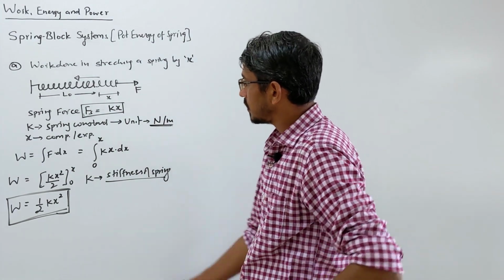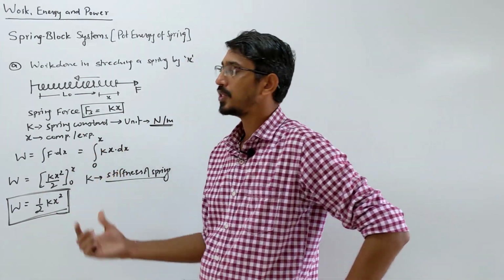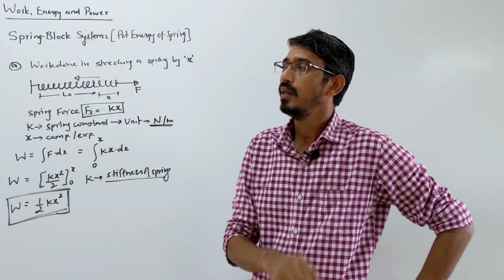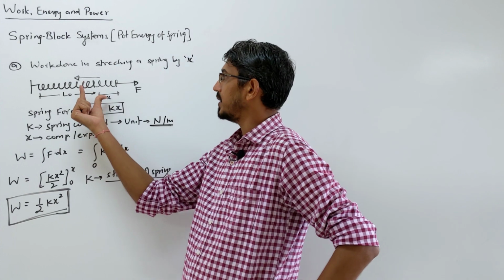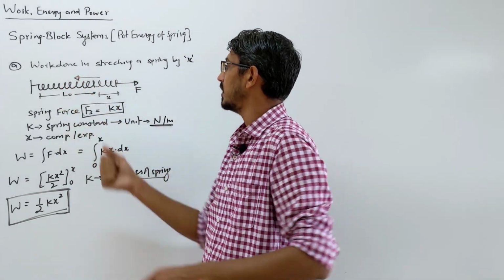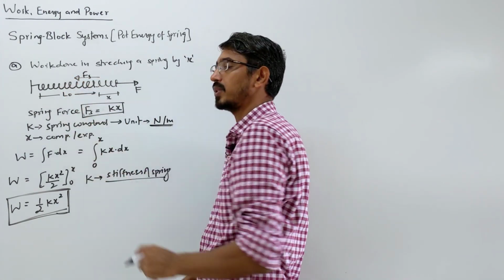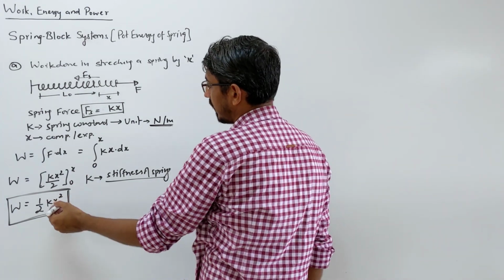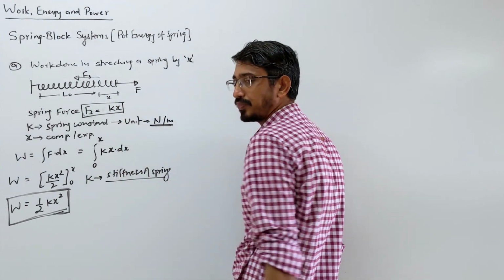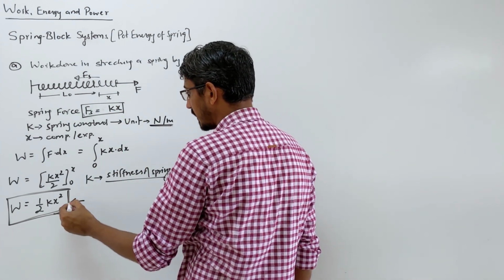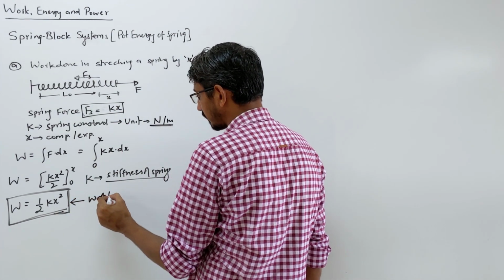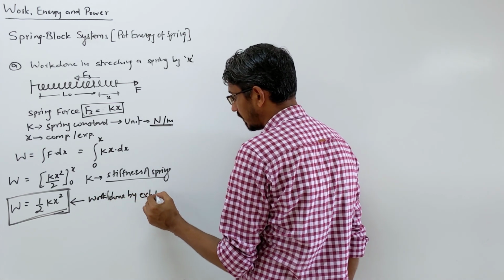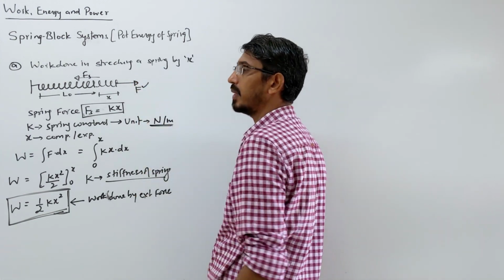So this is the work done in stretching a spring from rest to some expansion X or compression X. Now listen carefully, there are two forces you can see, one is the external force, and the other is the spring force, Fs, always in the opposite direction. Suppose they ask what is the work done by the external force. Be careful, this is the work done by the external force, meaning the force we are applying, that force.